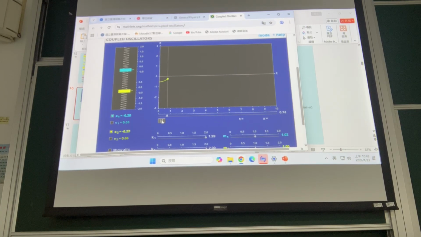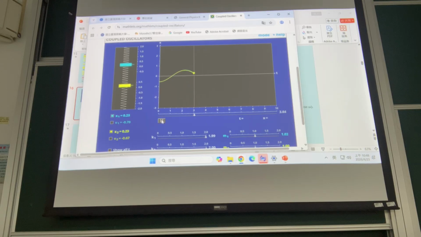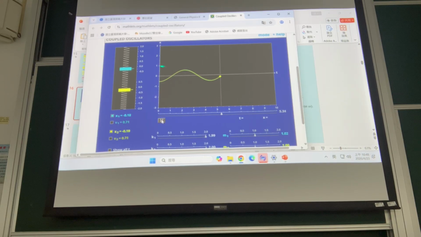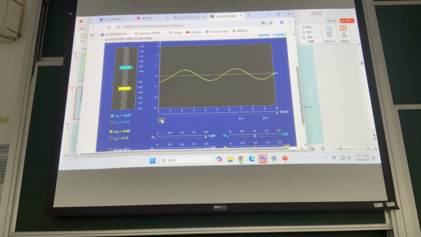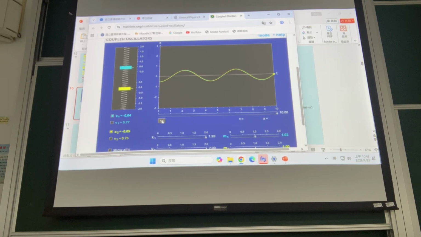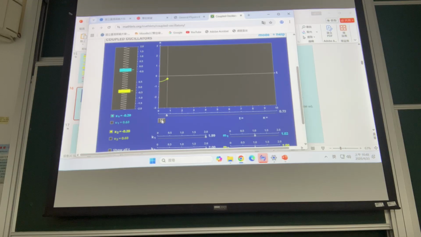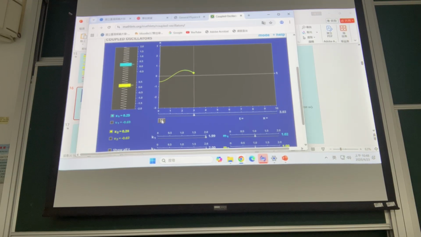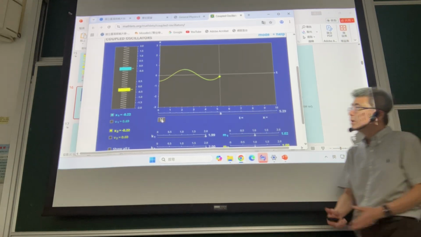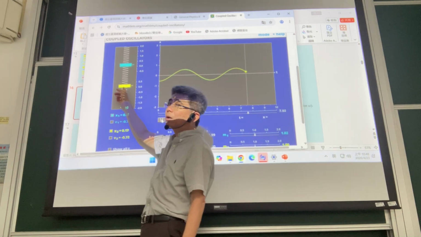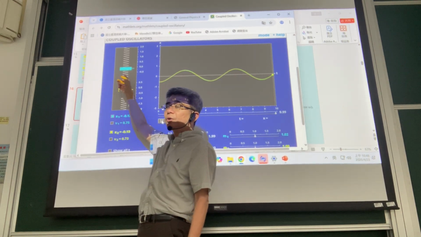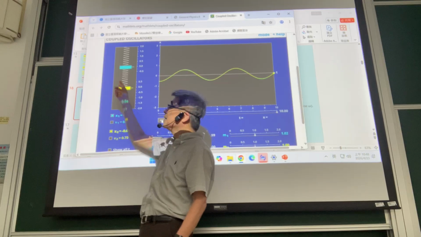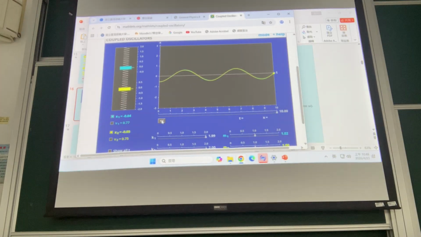Now, on the right-hand side are the positions of the two particles. You can see that they coincide with each other, so you see only one curve because x1 is equal to x2. No wonder. And on the left-hand side, you can see what really happened. You have one particle and another particle. If you observe carefully, you can see that in this oscillation,